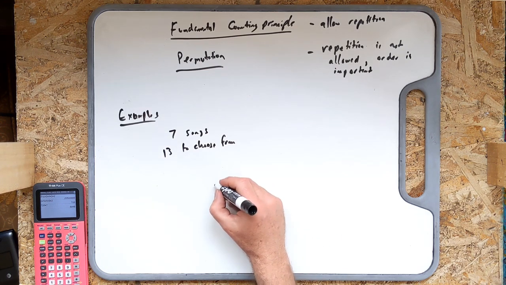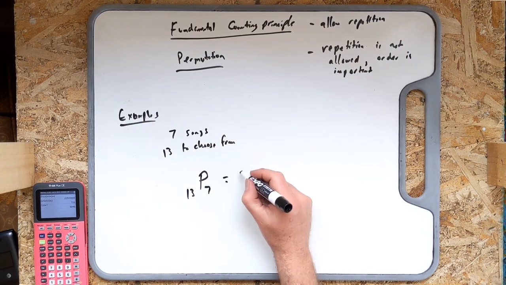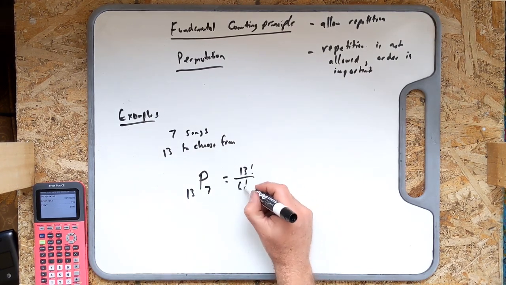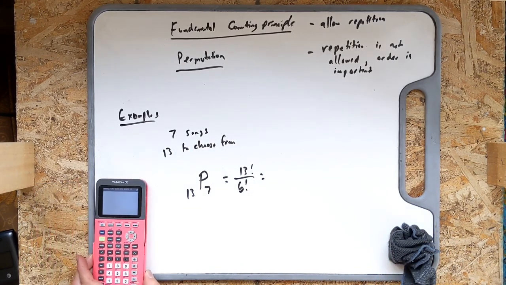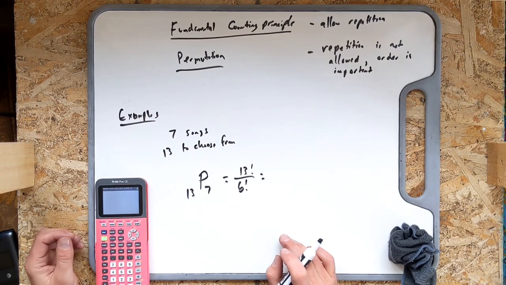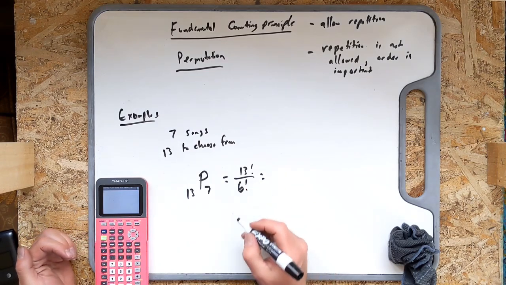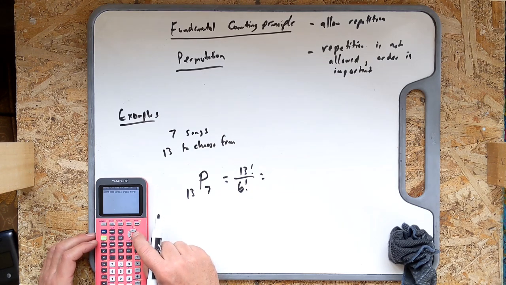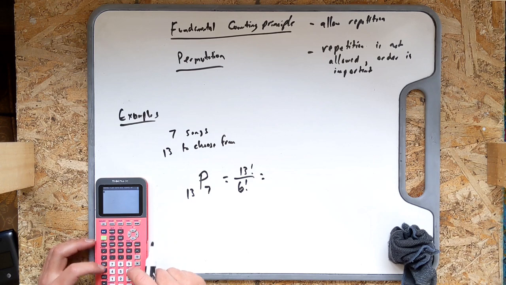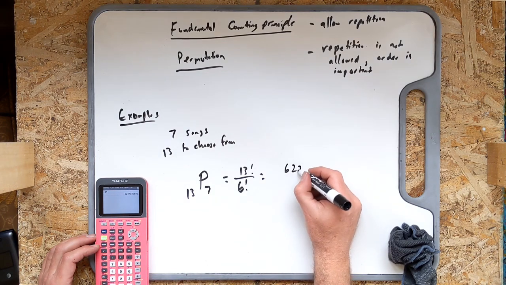Okay, the answer to this is a permutation of 13 things taken 7 at a time. So it's 13 factorial over 6 factorial. I'm going to do this one in my calculator just to show you how, if you have a TI. If you don't, it's probably there someplace if it's a reasonably complicated scientific calculator. I'm going to do 13 factorial over 6 factorial, first by just using the factorial. So I go math, prob, you see the factorial button? Actually, I've got to put 13 first. 13, math, prob, factorial,